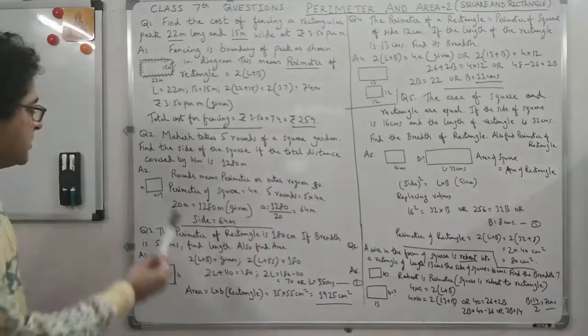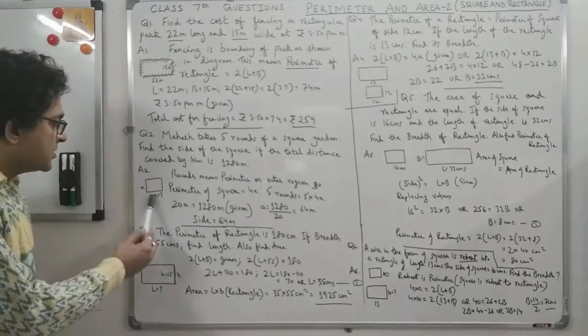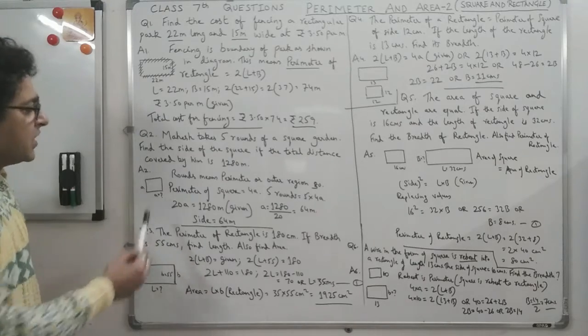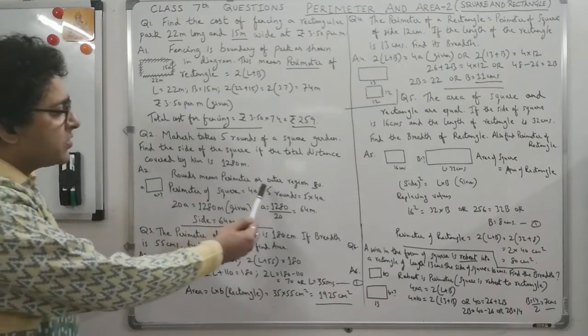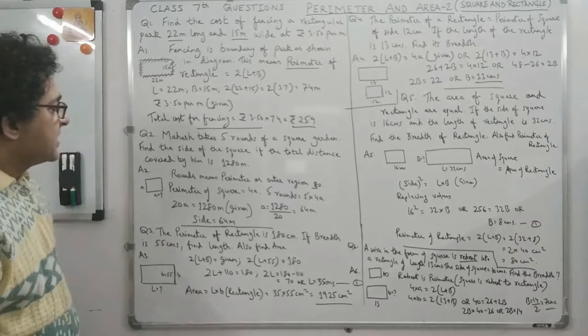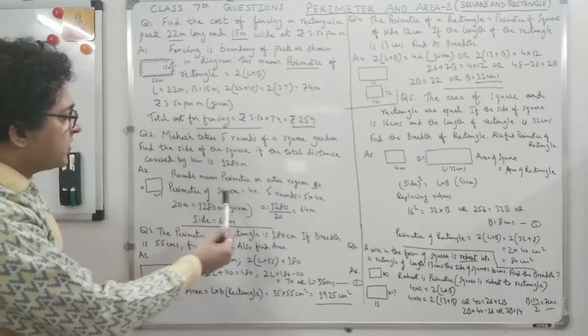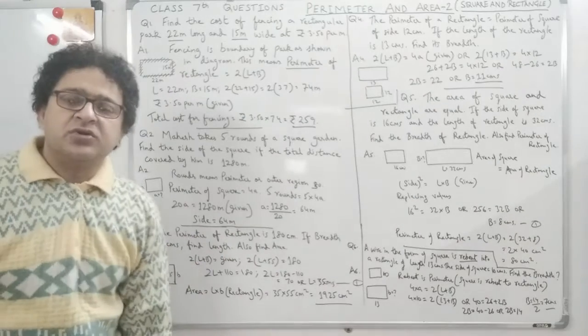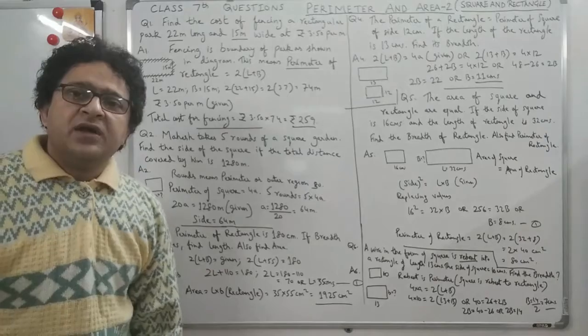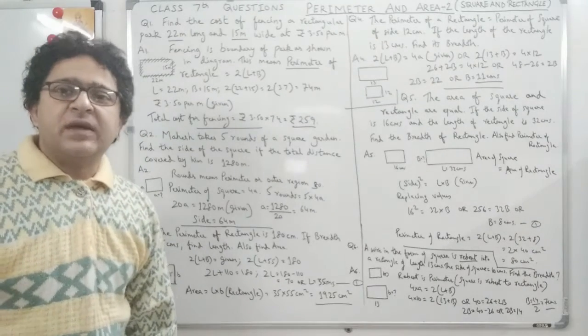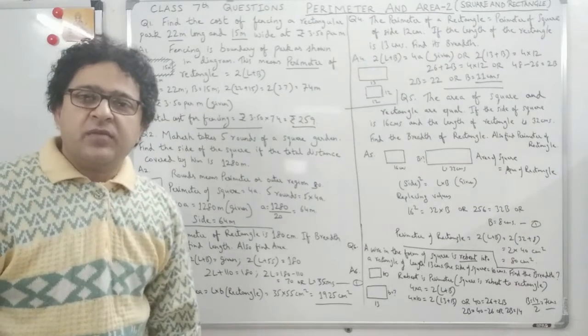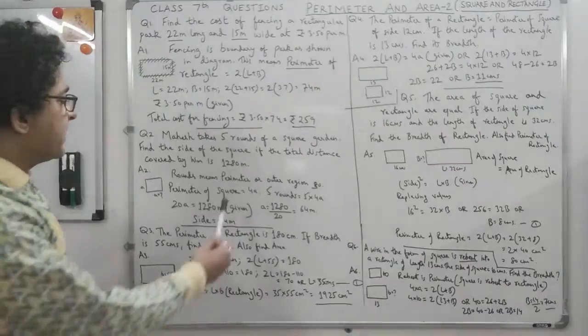Now see the diagram here. Side is not given. Both the sides are A because it's a square. Now round means perimeter or outer region. That's a round. He takes a round. So perimeter of square is 4 into A. As you study the first video on concepts, which is in a tabular form, you can remember the formula, and I've explained it to you as well. 4 into A is the perimeter of a square.